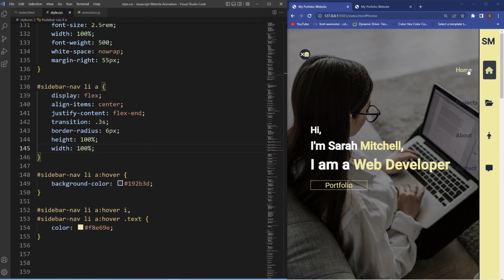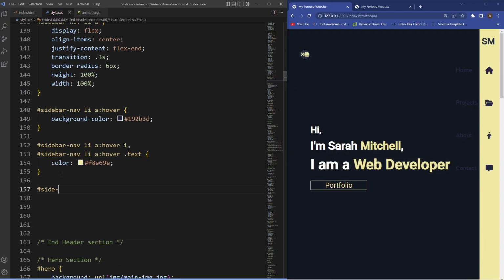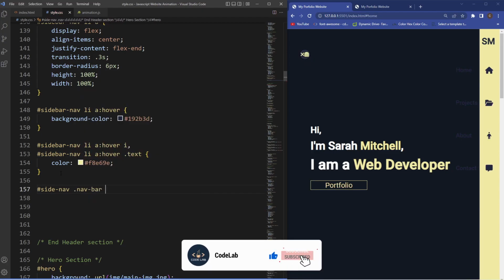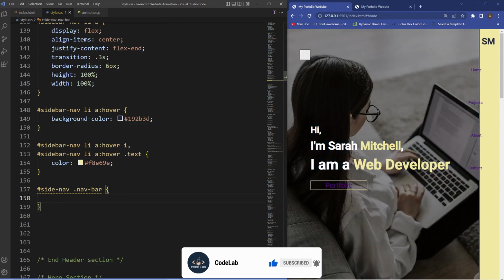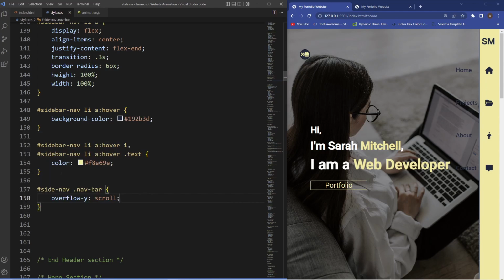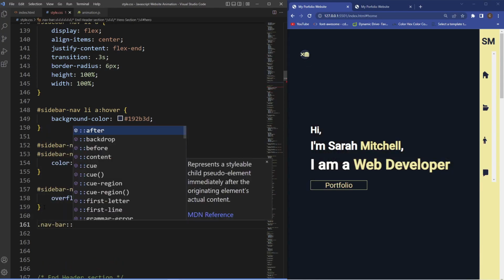Now all we need to do is hide this text because it's actually overflowing the sidebar there. So to do that, we'll go underneath this bit, sidebar nav, which is wrapping around the text and the icons. And we'll set the overflow on the y-axis. We'll set that to scroll. Oh, it's sidebar nav. So that should get rid of it, but we also need to get rid of this scroll bar here. So we're going to need to go and then include the nav bar, and then grab the